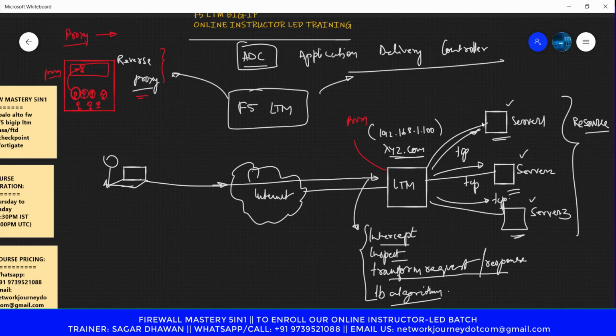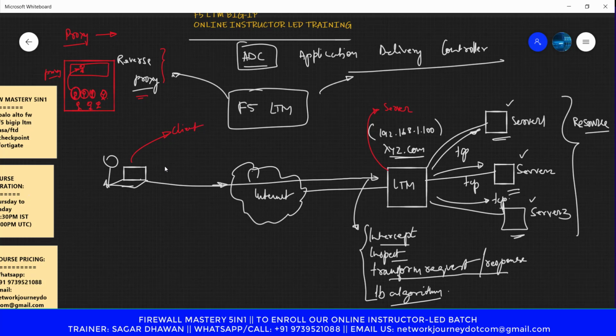Now the traffic flow, if it was in this direction, that is in to out, yes, we could have told that LTM is a proxy. But that doesn't happen in the case of F5, because F5 acts as a server and your client is here.